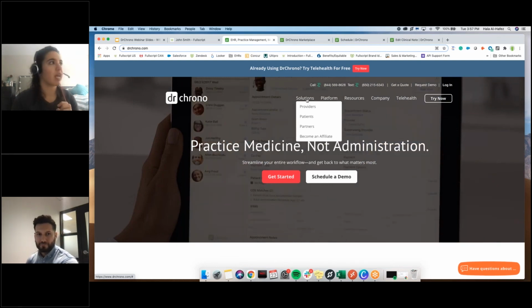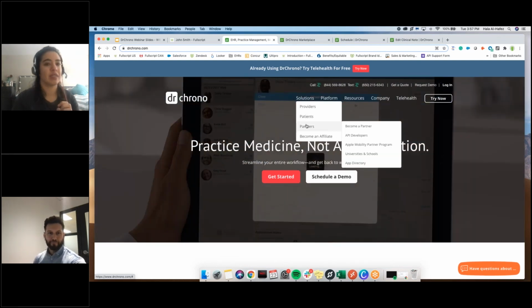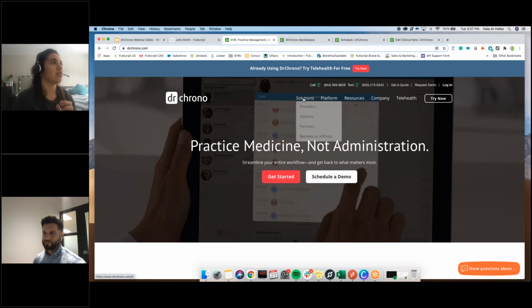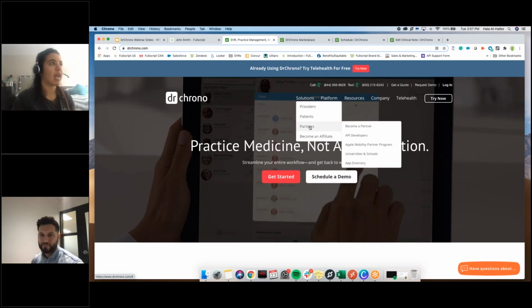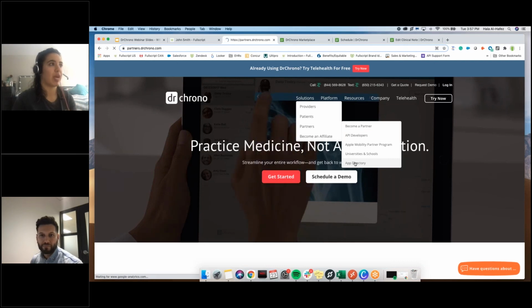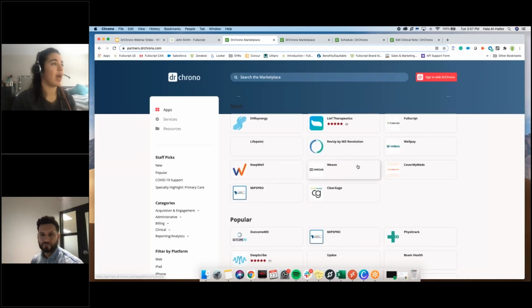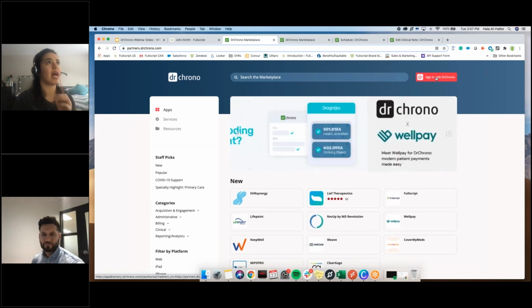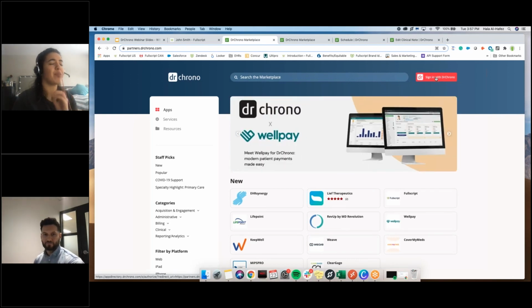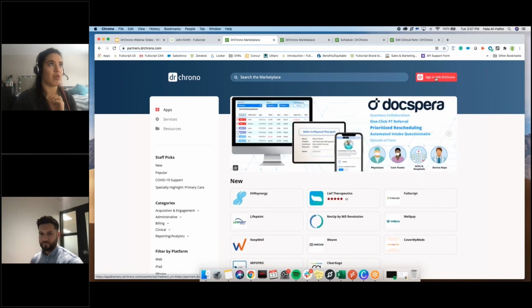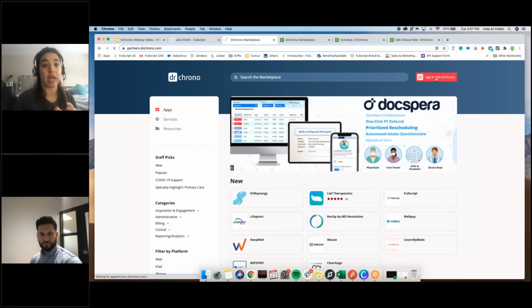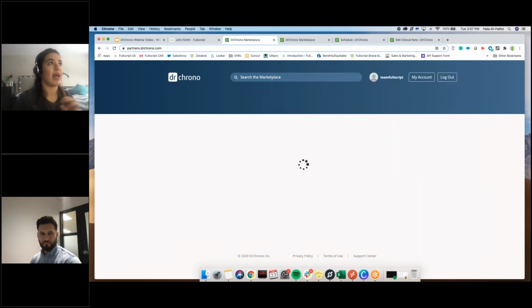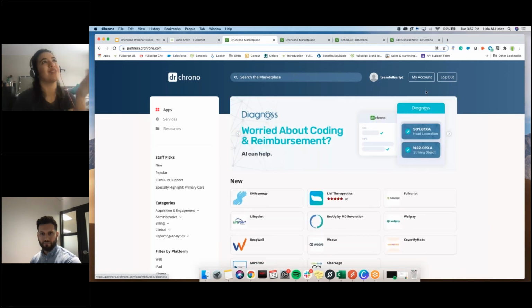Can you see my screen, Alan? Yeah, awesome. You go to solutions, you go to partners, and then you go down to the end where it says app directory. That's where you access the marketplace, and at the top right-hand side it says sign in with Dr. Chrono. And I believe you can use your Dr. Chrono account credentials, and it saved it on my browser this time,